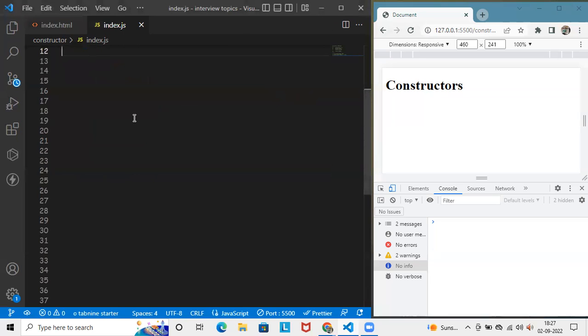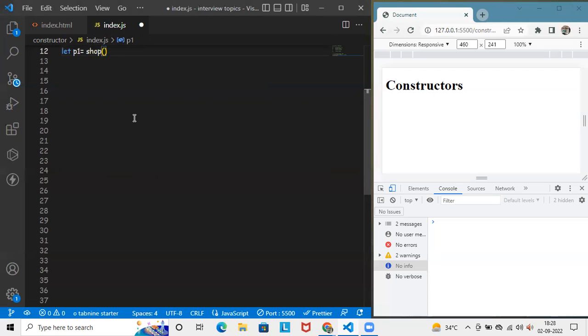Now first of all, we have to declare one variable. We created a variable called p1, and this p1 contains the object values which come from a function. Let's suppose the function name is shop,